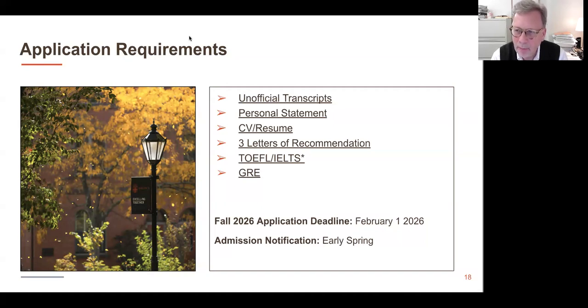We just want to be sure that you have the background, the aptitude, and the training to be successful in this program. As Holly mentioned, students are coming from a variety of different disciplines and majors. It is essential, though, that you have had an introductory statistics course or equivalent, and that you did well in that course. That's much more important than the GRE, actually.